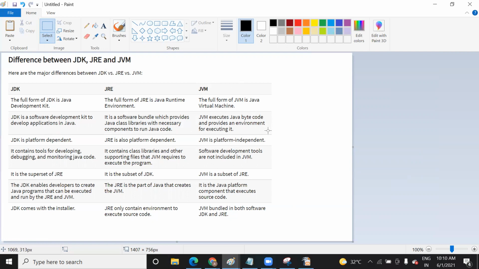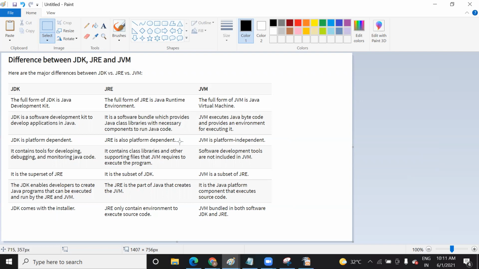Whichever platform you have written the code on, for example if you have written it on Windows, or on Linux or Mac OS, that dot class file will be executed by this JVM. It will interpret it. Javac, as we have seen, is used as the compiler, and this JVM is used to interpret your dot class file. That is why it is platform independent. That makes your code portable. It means you can take the code built on Windows to Linux, and if JVM is present, it can run it. Okay, is it clear to you now?